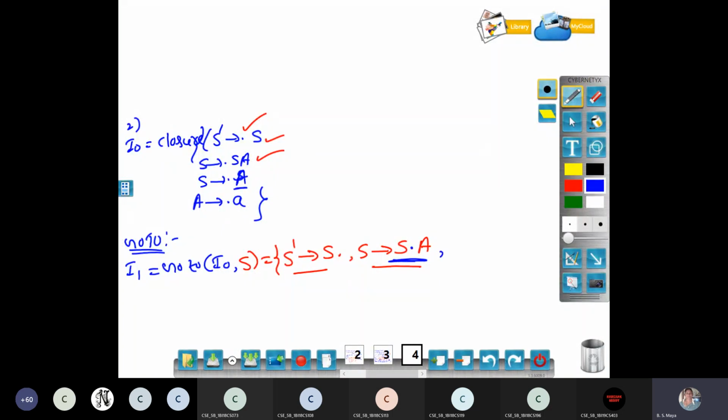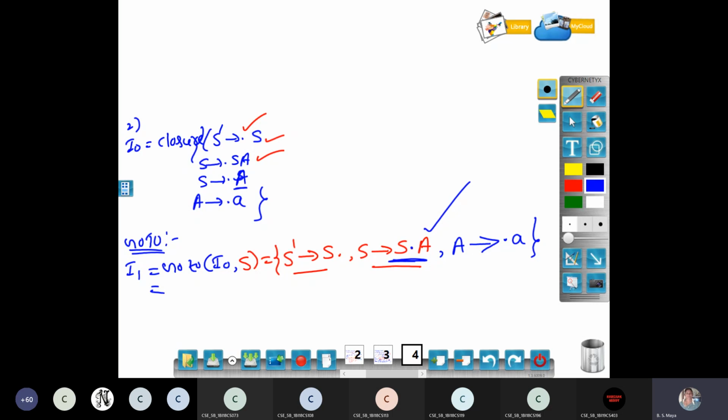Because of this, you have to apply closure of non-terminal A. Closure of non-terminal A, you have to write the A production. The A production is small a, but you have to put the dot also. Because of that, I am writing this. Now I am ending my condition. Only dot at S, and S is over.